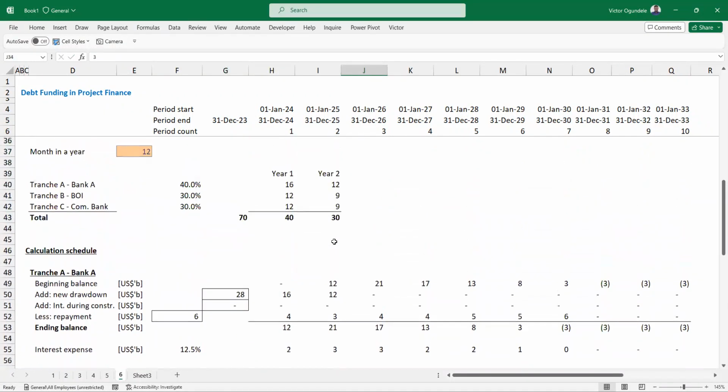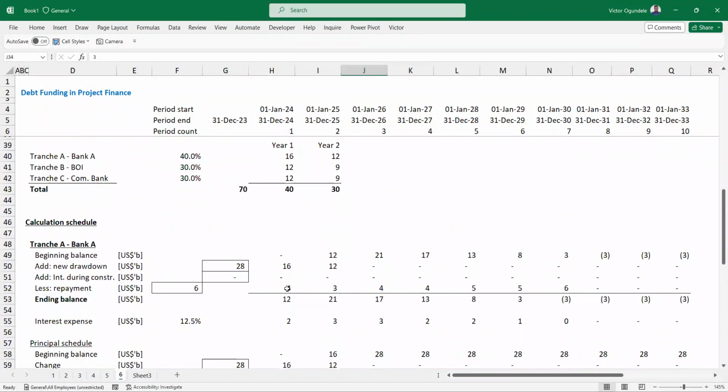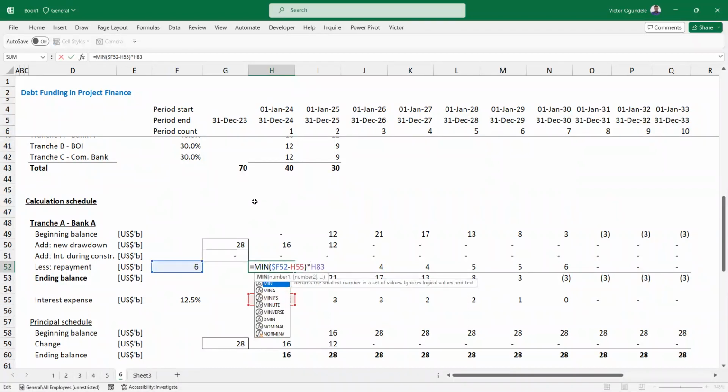Right, so now look at this. So we are faced with another problem now. If you look at this, typically supposed to be fully repaid everything in year 7, but there's a negative, which means it's showing that we are still paying more than what we're supposed to pay. So I'll need to come back here, and I'm going to restrict this using a MIN function. So minimum of what? Minimum of my previous, minimum of this, my calculation,